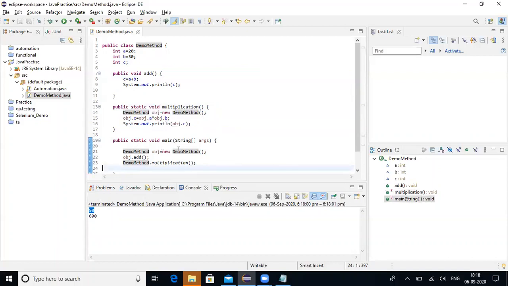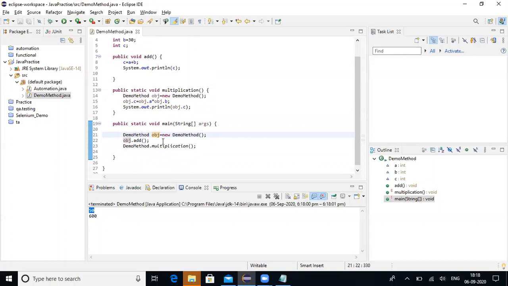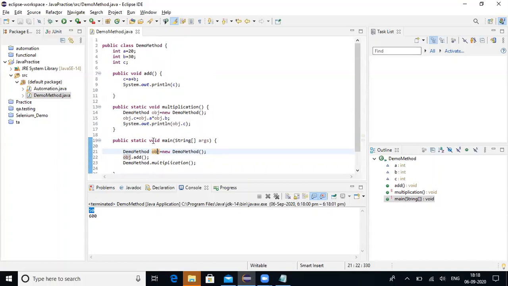We are creating an object to call this non-static method, and it sees the values, and that value will be added and stored in variable C and printed. And using the class name, I am calling the static method. In the static method, we are using an object to call non-static member variables. So I'm getting the value 600.